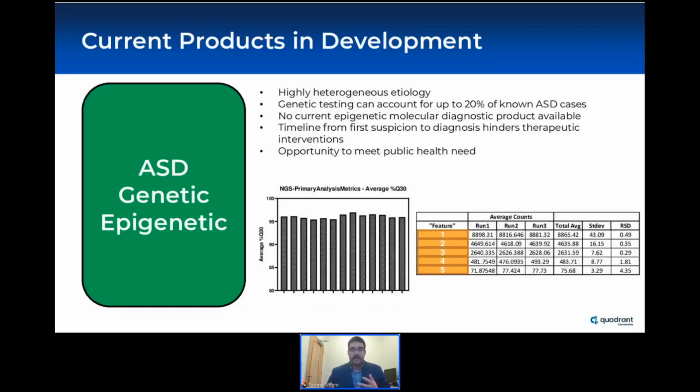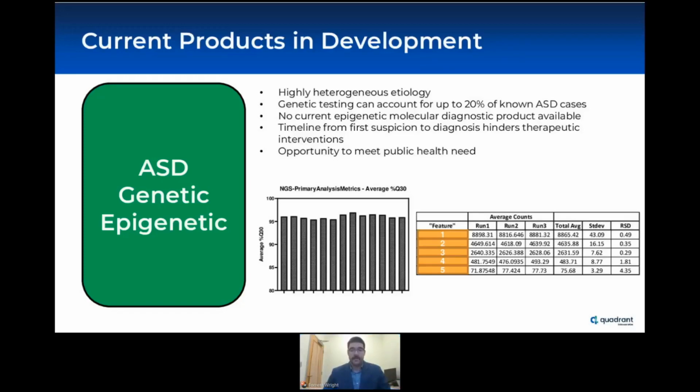As indicated previously, autism has a highly heterogeneous set of causes, and the current modes of testing include genetic panels. However, genetic testing can account for potentially up to 10 to 20%, so maybe 1 in 5 cases. And our two assays will leverage the ability of our lab and the use of these saliva swabs to obtain genomic DNA as well as total RNA from saliva to perform both whole exome sequencing and small RNA sequencing to broaden the scope of ASD identification and diagnosis,